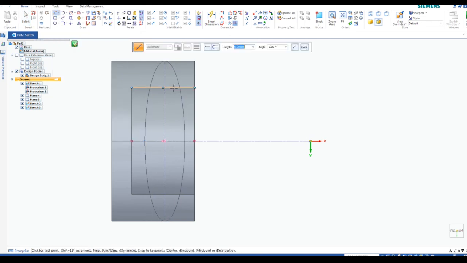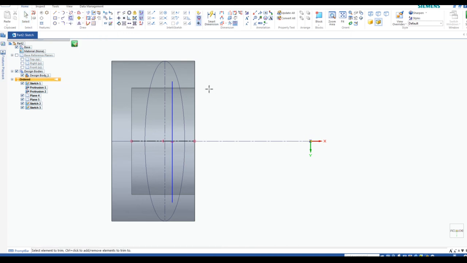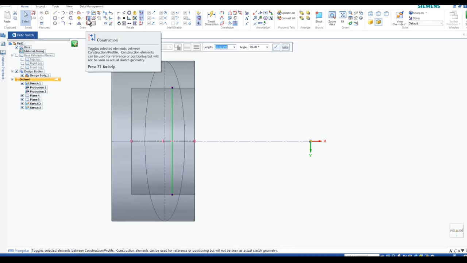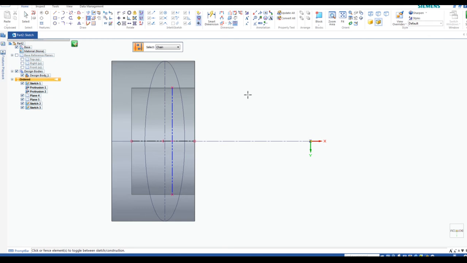So I'm just going to create a line that goes from this point to this point, makes it nice and straight. Okay. Let's connect the end to the line like that, and connect the end to the line like that. So now we have that. Okay. Once again, construction. All right. So once again, all I'm doing here is just creating a skeleton. I'm then going to use the same